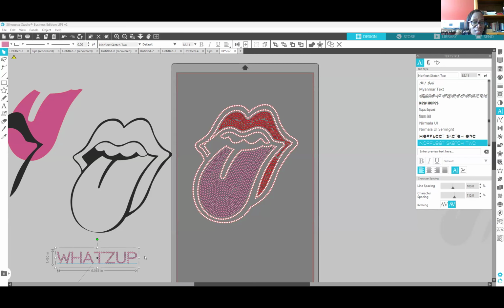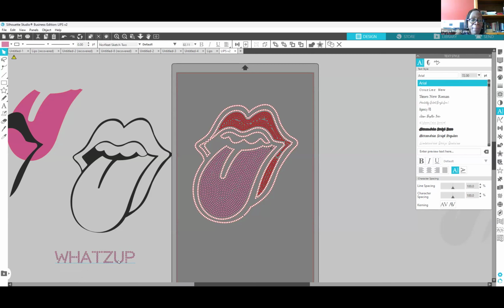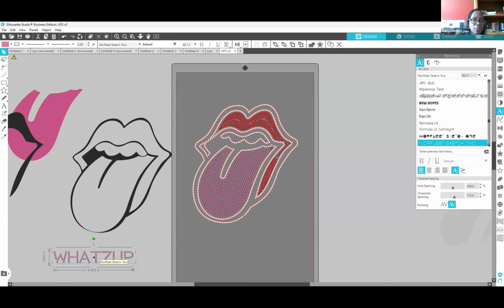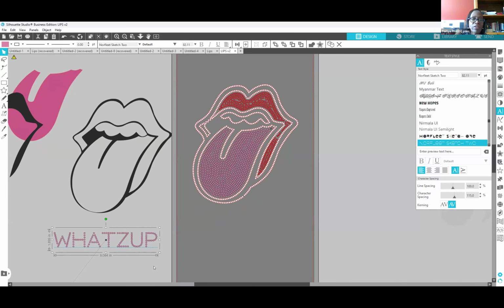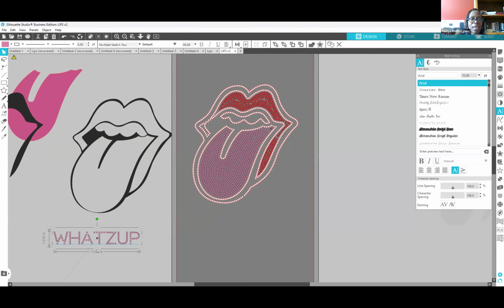And what I would do is, if I were happy with that, when it's all said and done, you can scale it. If I scale it by the corners, see, the bigger it is, the better it starts looking. But like I said, it's still a good font, even at a smaller setting. If we scale it this way,